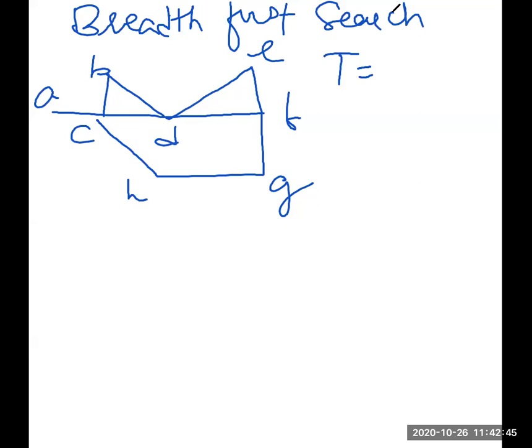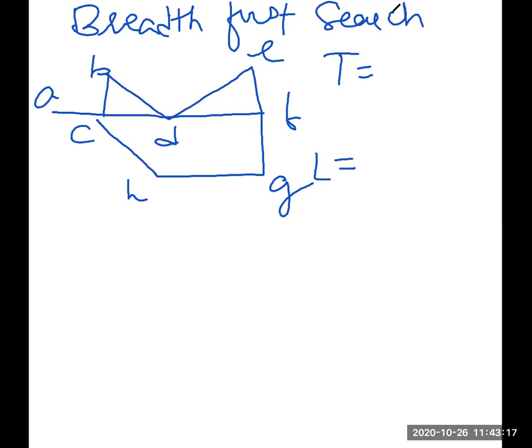In breadth, what happens? We explore all the adjacent vertices of C. So in terms of data structure, DFS is based on stack and breadth first search is based on queue. So what we do is we require two things. We require a visited set like T. Also, we require one more thing called a list. Now what is that list?